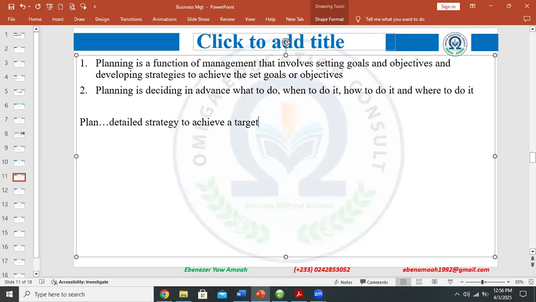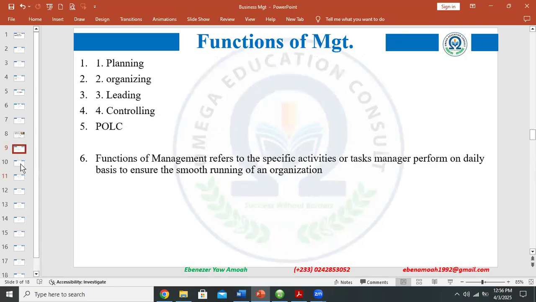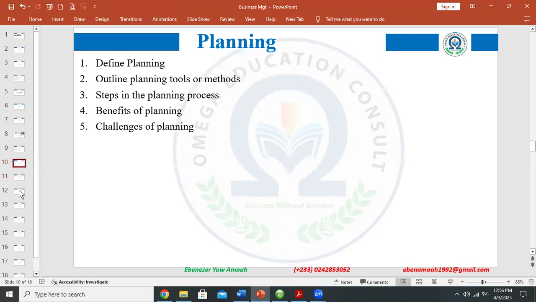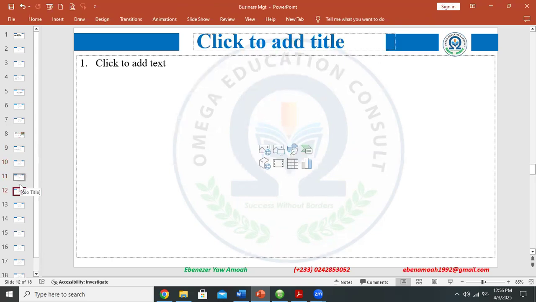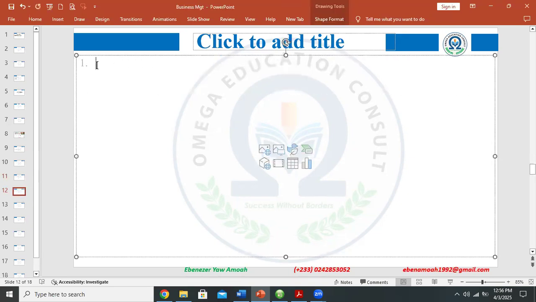Great. So now that we know planning and what a plan is, shall we continue to look at what next? We need to look at the tools in planning, the tools for planning. So if you want to plan, if you want to set a goal and develop strategies of achieving this goal, what tools can you use to plan? So tools for planning. Yes, my professors. The tools for planning. I think last time the other group presented in excess of about 4 or 5. Shall we look at these tools for planning?